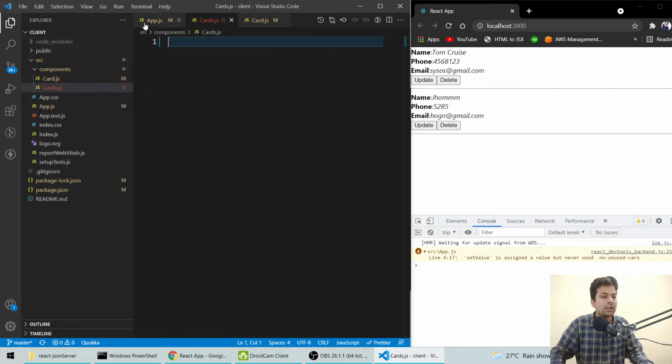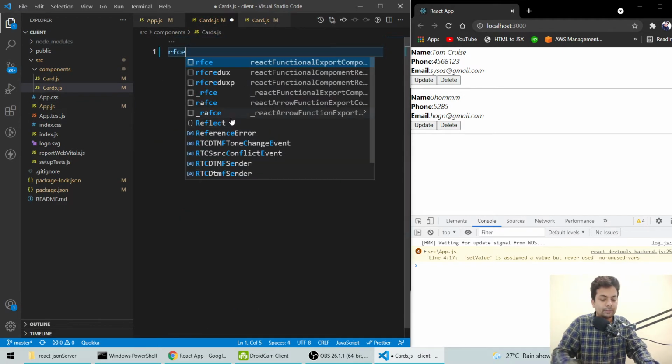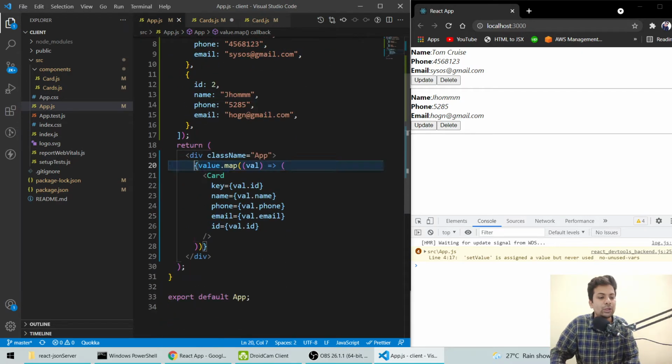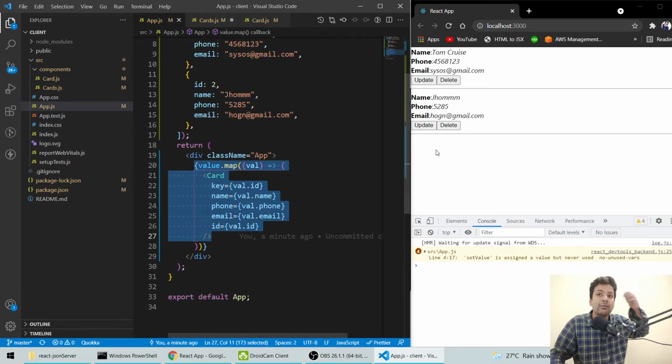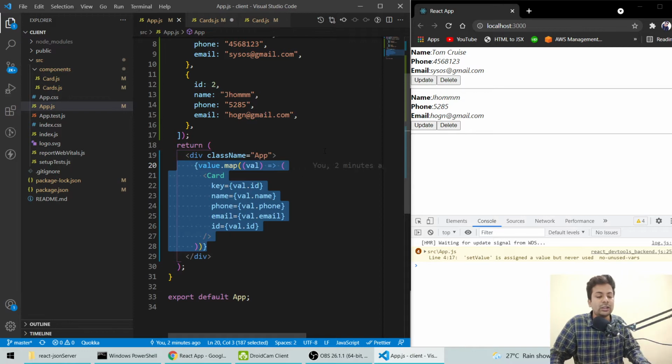Whatever we are doing here, we'll do there, because all rendering is done in App only, but now we will have one update page also, then a delete page and a create page. This is taking the whole place, so we have to write the React router thing also here.